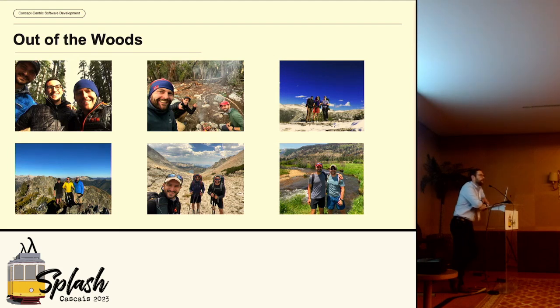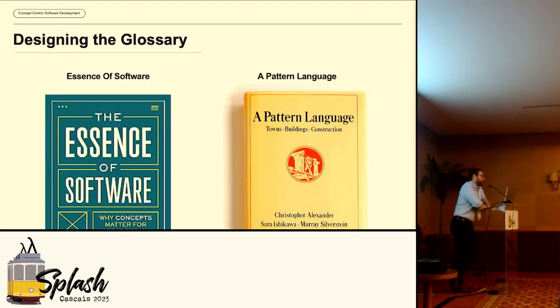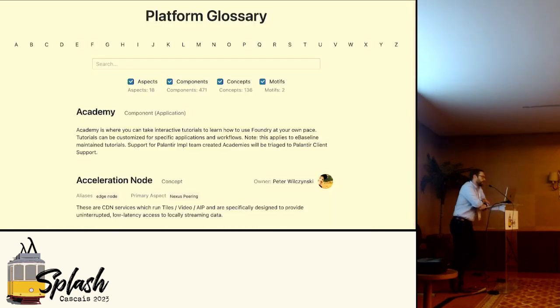And so Taylor and I have been going back for years and years. We hike a lot together. We were on a hiking trip, talking about this idea, and he said, let's come back, let's build something, let's try to make these things formal, add them into the development process. In doing so, we were really inspired by two books, The Essence of Software by Dr. Jackson, and A Pattern Language. The resulting glossary that we developed and designed and have been building into the development lifecycle blends ideas from both of these books together. What that ends up looking like is a glossary, A to Z.